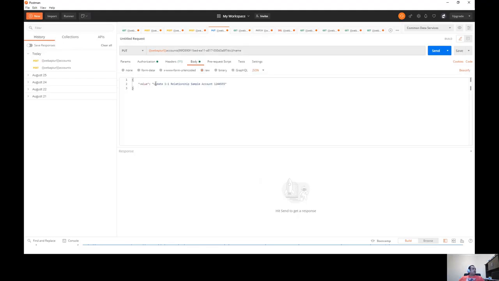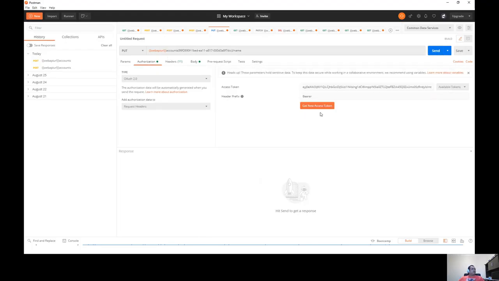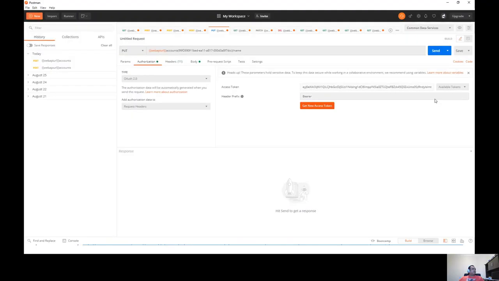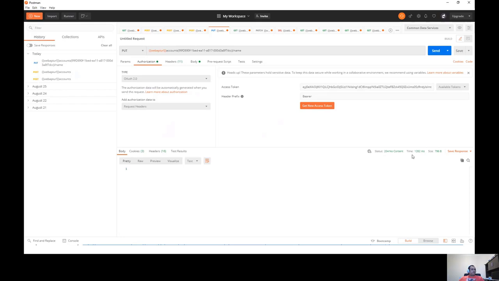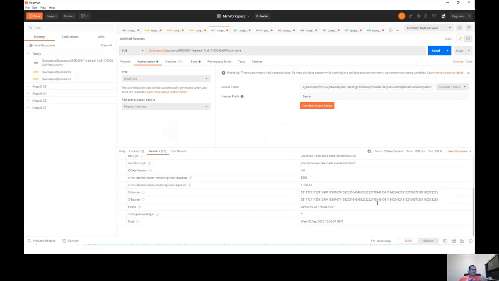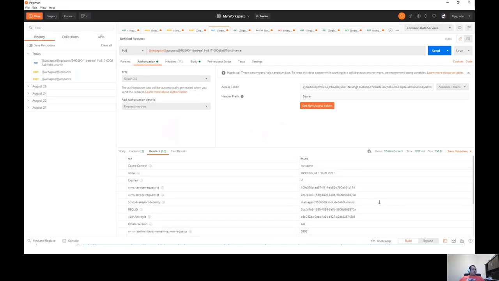And in the value, I'll say update. And I'll just refresh the token. And the record is updated. So it gives me the activity ID and the information here. So this is a simple update that you would perform.